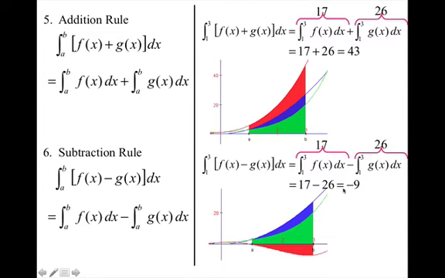What this negative area means is that it's just below the x-axis. The next property is the interval additivity property. What this says is if you have an integral from a to b of f of x dx, you can split up the interval if you let there be some other value in that interval, and we're saying c, so that you can evaluate the first part of that interval, then the second part of that interval, and